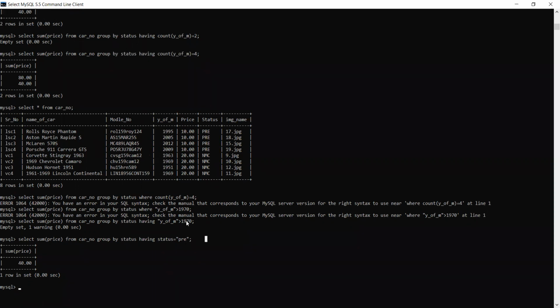Before wind up, I'm just repeating my statement again. If your type is integer type, you are going to use an aggregate function. And for string type, without an aggregate function, you can do the grouping part. Clear?